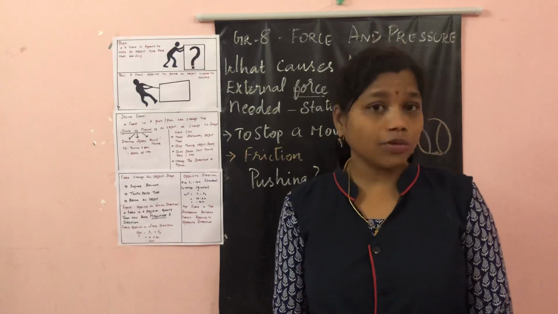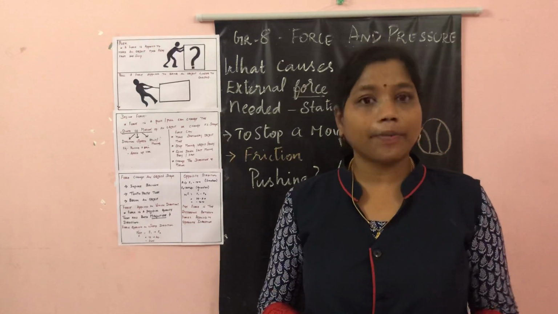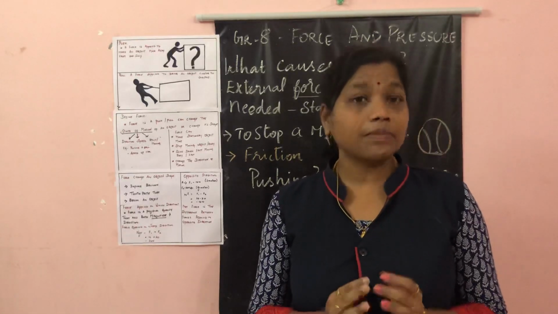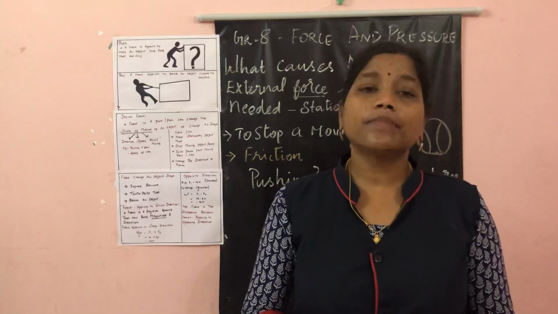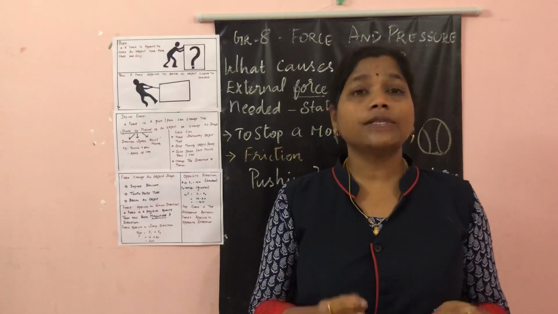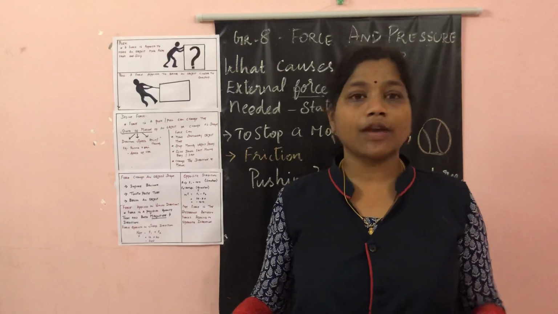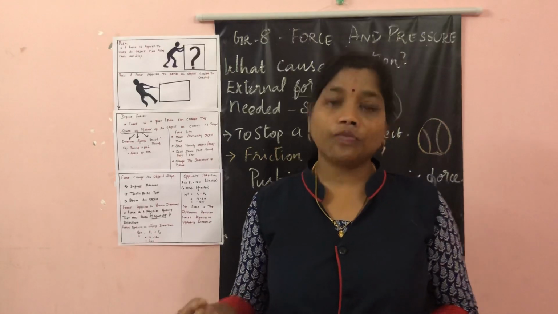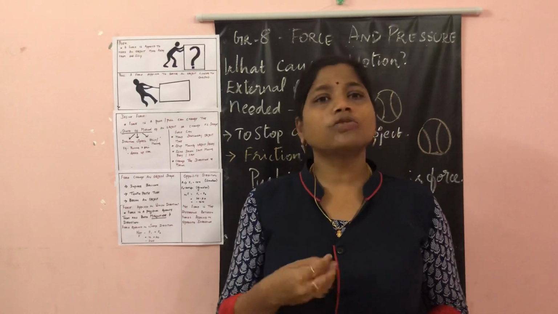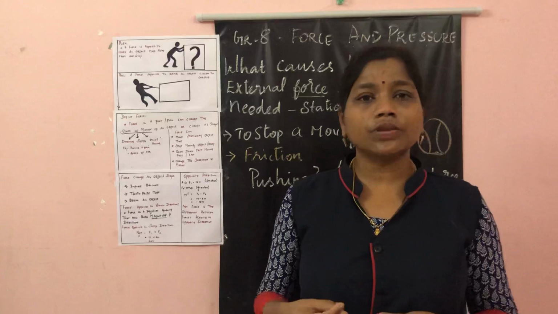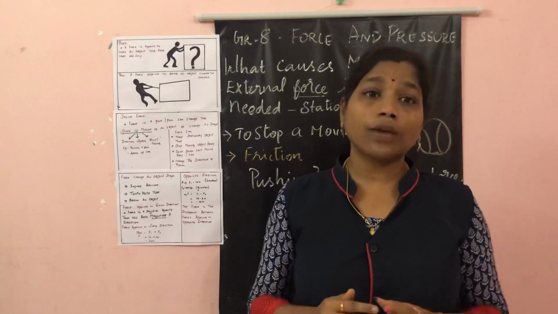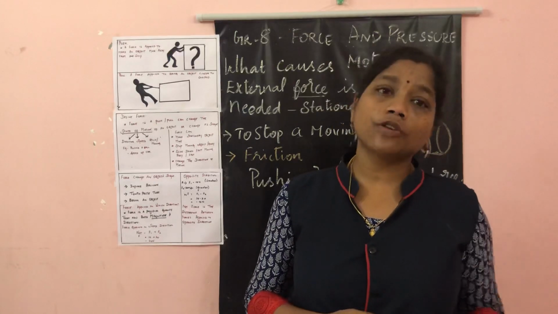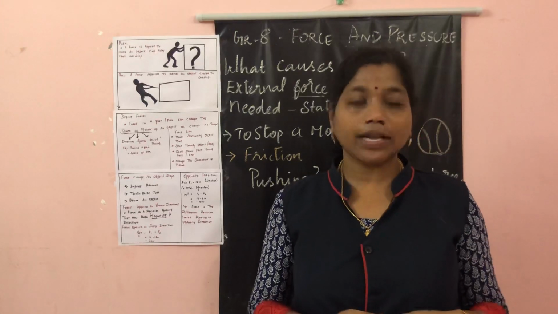Before going to today's topic, we just have a quick recap of our last session. Last session we discussed our chemistry chapter, synthetic fibers and plastics. We discussed different types of synthetic fibers like rayon, nylon, polyester, acrylic, and the uses of plastics in our day-to-day life, how to reduce plastic pollution, how to reuse it, how to control the environmental disasters caused by plastics, and the uses of different types of synthetic fibers in our day-to-day life.